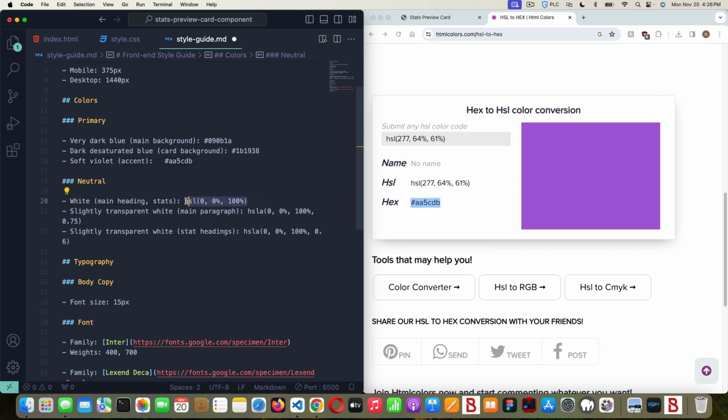So this is just white. So that's just FFF. Slightly transparent white. So slightly transparent white main paragraph, slightly transparent white stat headings. So I might actually keep these, because one thing HSLA does is it lets you control transparency. If you have HSLA, it's kind of like RGBA,